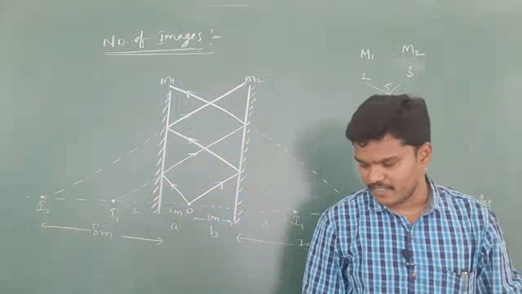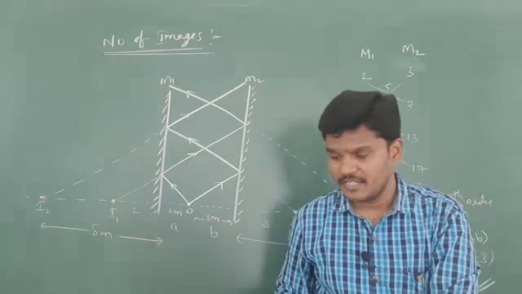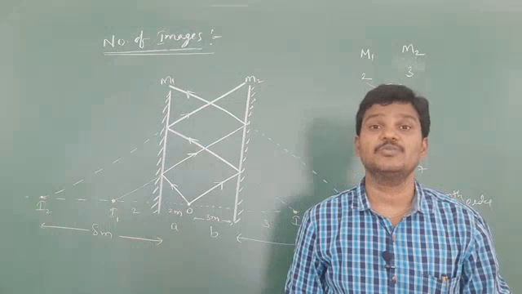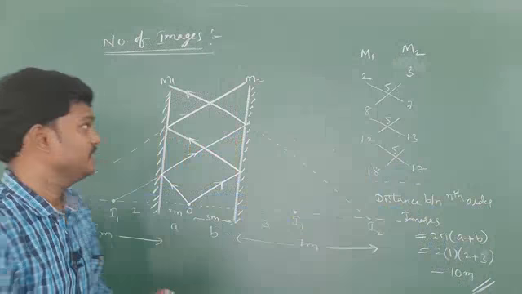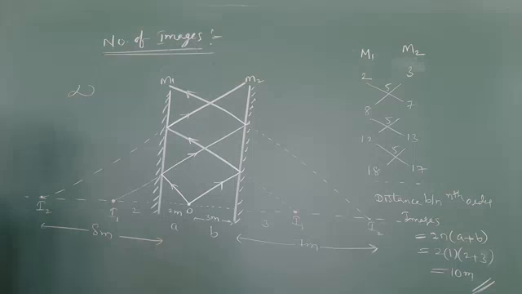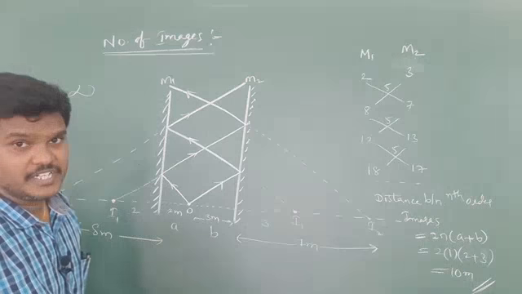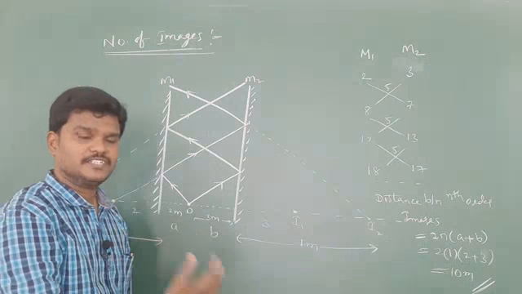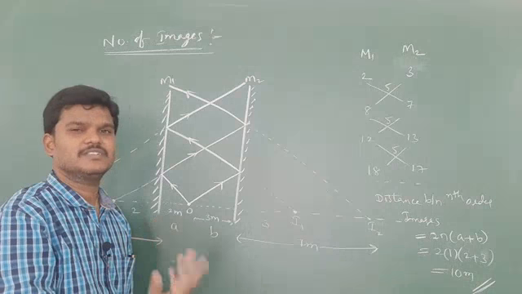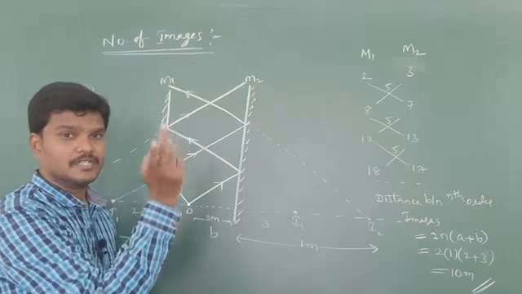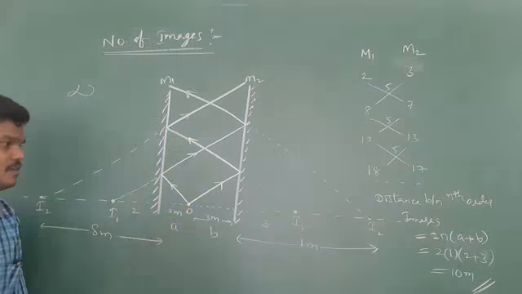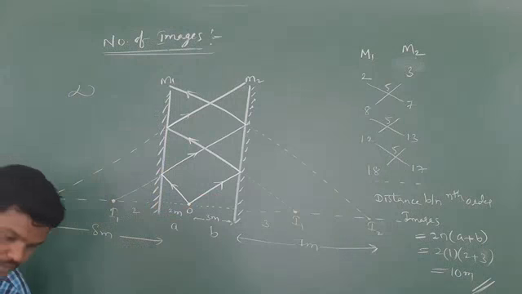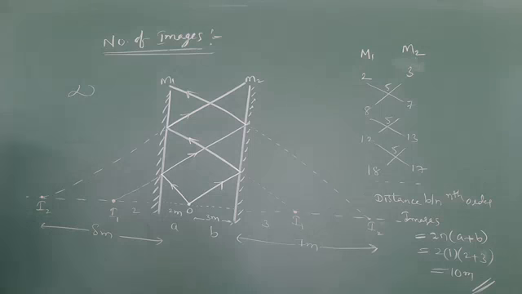Whenever the plane mirrors are given parallel, the number of images is equivalent to infinity. The total number of images formed here is infinity. The number of images is infinity, but we can identify the distance of the first image, second image, third image, and so on. Distance between first order image, second order image, and so on. Take this one. I will continue. When plane mirrors are inclined by some angle.